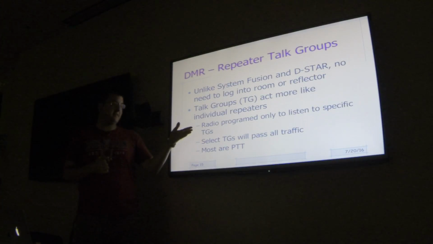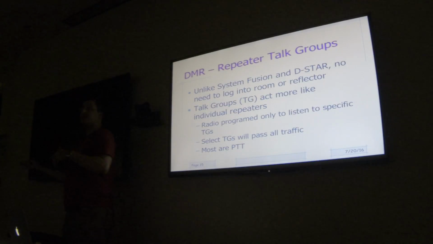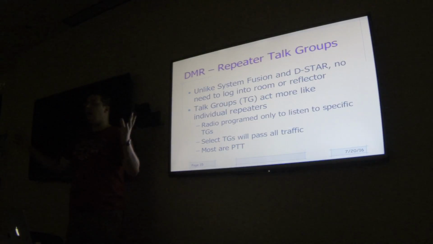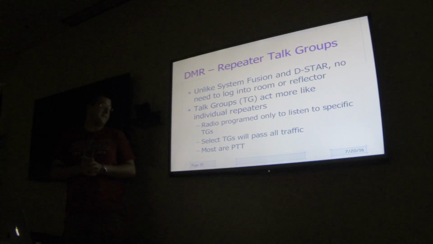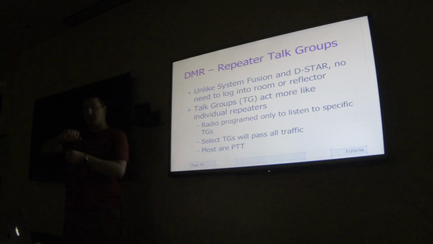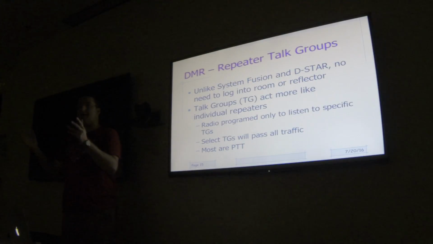So you will select in your radio when you program it what talk groups you want it to listen to. So I might say channel 1, I want to listen to worldwide, and it will ignore all other talk groups, but will just listen to worldwide. There are several that are passed, and I'll go over that in a few minutes, but most of them are push to talk. So you don't have to log in, but if you turn your radio to the worldwide and you push to talk, it will key up that repeater for